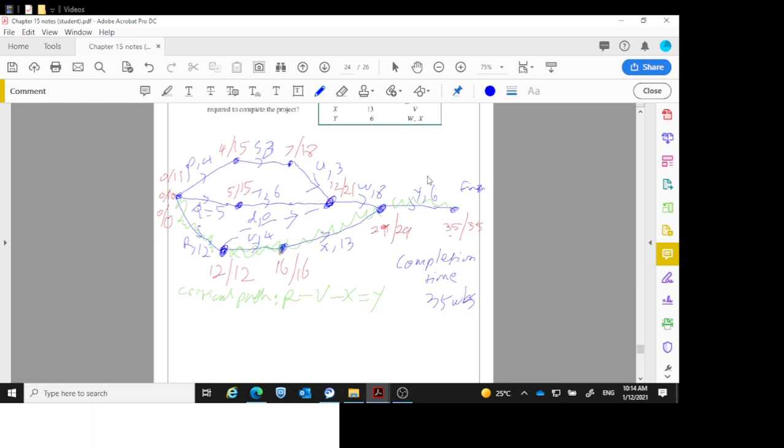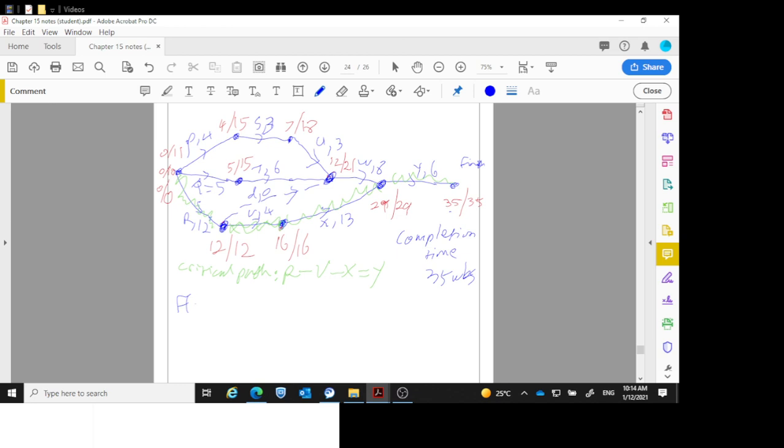Okay, let us do the float for the non-critical activities. Float. Okay, so P, 11 minus the 0, 11. Q, 10 minus the 0, 10. T, 15 minus 5, 10. S, 15 minus 4, 11. U, 18 minus 7, 11. And W, 21 minus 12, 9. And all the rest are on the critical